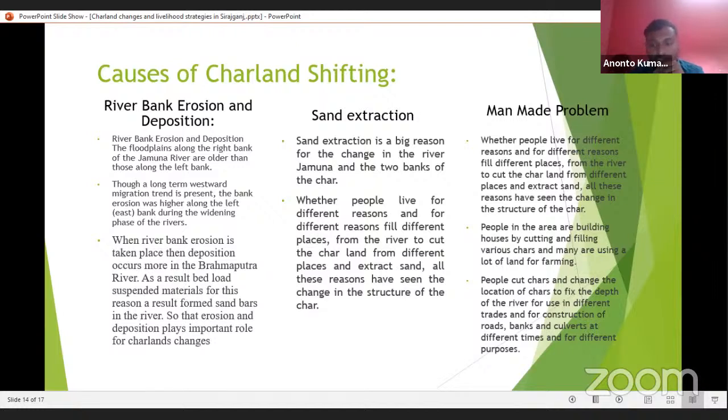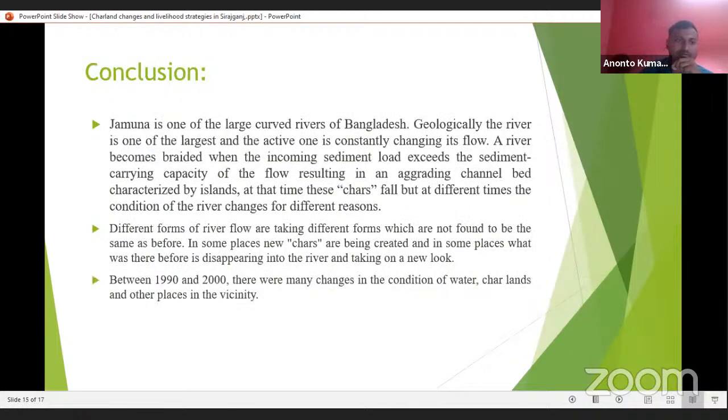People cut chars and change the location of the chars. They fix the dependence on the river using different techniques and the construction of roads, banks, and culverts at different times for different purposes. Conclusion: